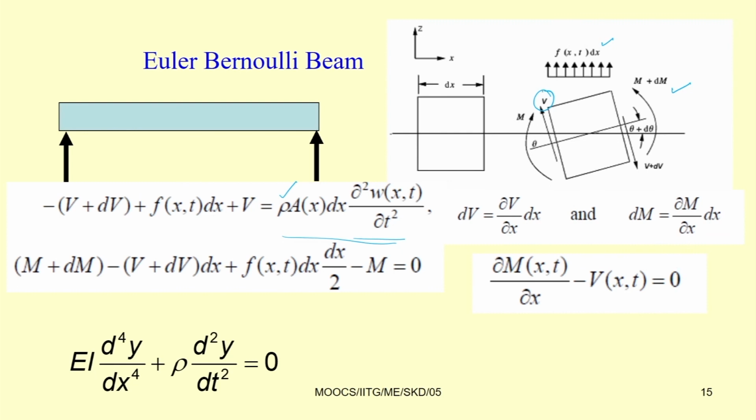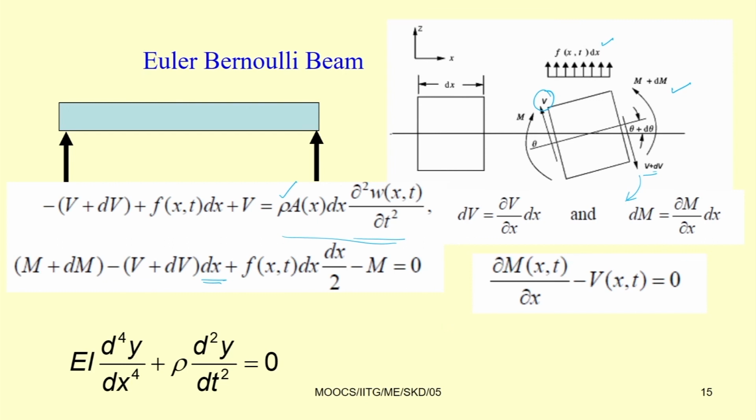Similarly, by taking the moment about the left side, you can write down this equation. Here they have taken the anticlockwise moment as positive. So, if you take the anticlockwise moment as positive, then you can write M plus dM minus (V plus dV) into dx. This V plus dV will produce a clockwise moment, that is why it is negative, and then this f(x,t) dx, which will produce